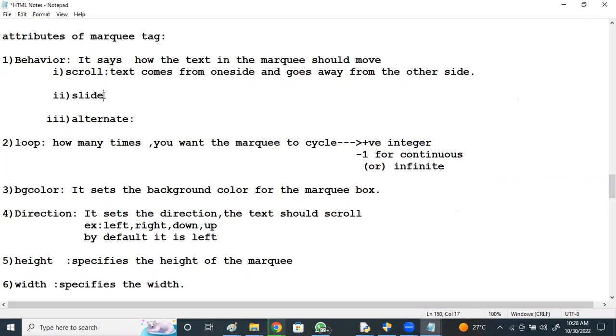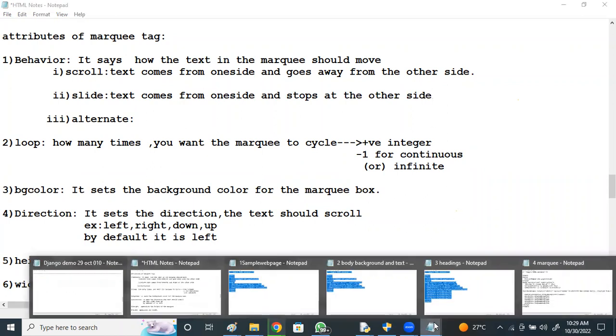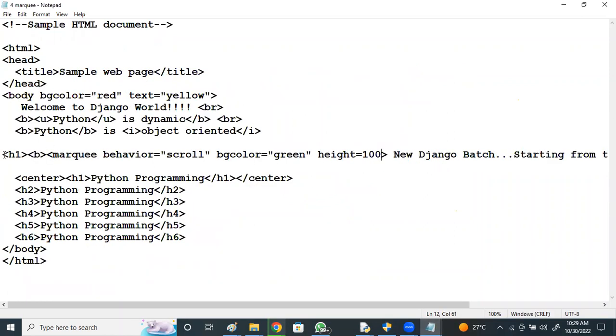Next is slide. Text comes from one side and stops at the other side, right? So just observe this.